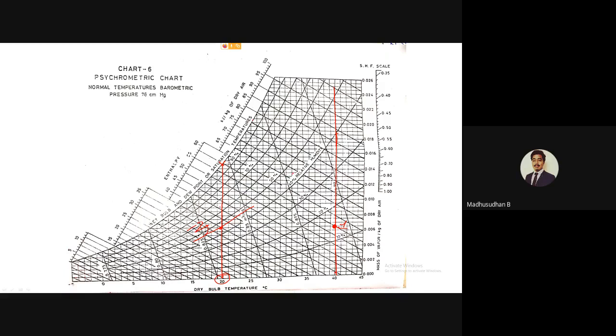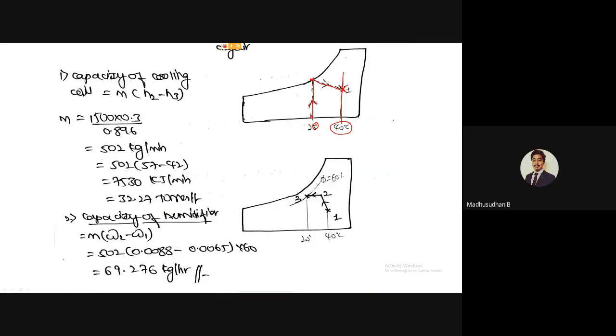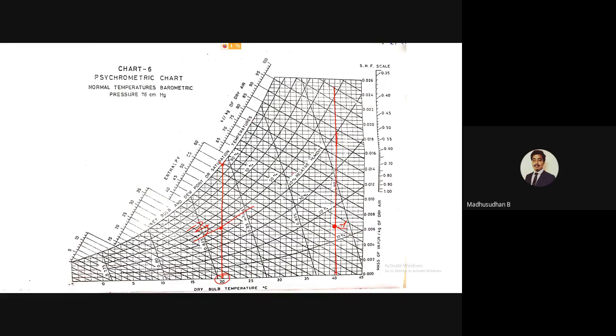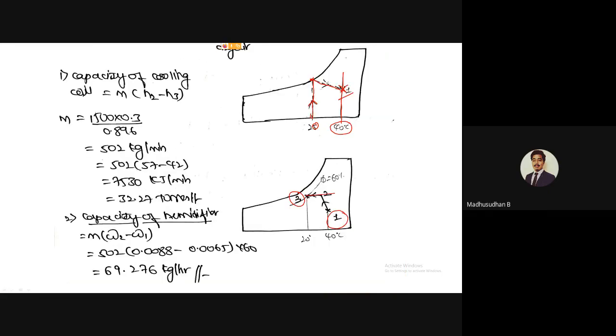Now, how these particular things are being achieved is, as if you go for the skeleton psychometric chart here, state 1 you have calculated, state 3 is done. Now we have to go along the isoenthalpic curve. Where is the isoenthalpic curve, guys? This is the isoenthalpic curve. So trace it further and extend this particular thing, so it will meet and plot as this particular thing here. Okay, so the intersection of these two curves would be marking as state 2 here.